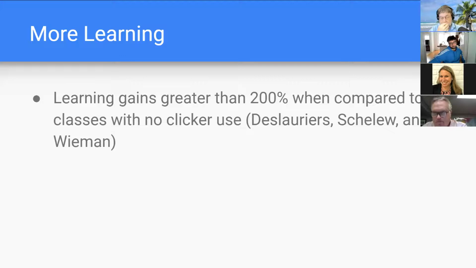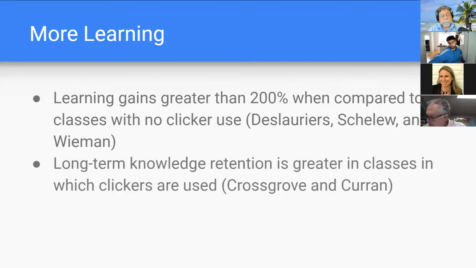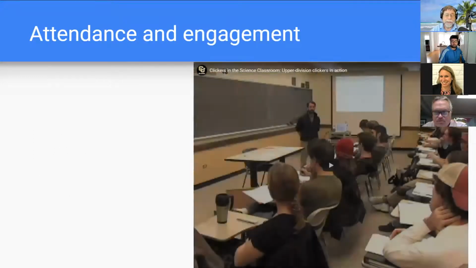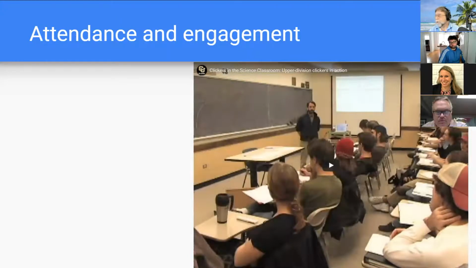And this particular study by Carl Wieman and his colleagues showed the distribution of scores, and pretty much the whole distribution is shifted over. There's very little overlap between the performance on the learning gains. So the students who did best in the class without clickers were right at the very bottom of the group where the class had used clickers. So Crossgrove and Curran were the ones who had first looked at the long-term knowledge retention, and that's pretty significant. There's a video here. Because this is a short session, I don't want to spend too much time on it,